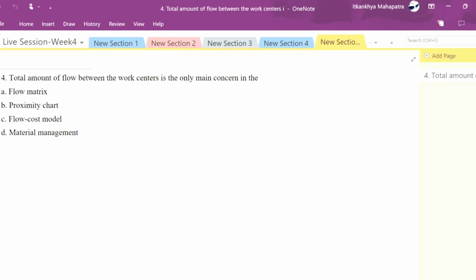Moving on to the next question. The total amount of flow between the work centers is the only main concern in which of these models? Flow matrix, proximity chart, flow cost model, material management. So flow matrix, it helps us in identifying the work centers where